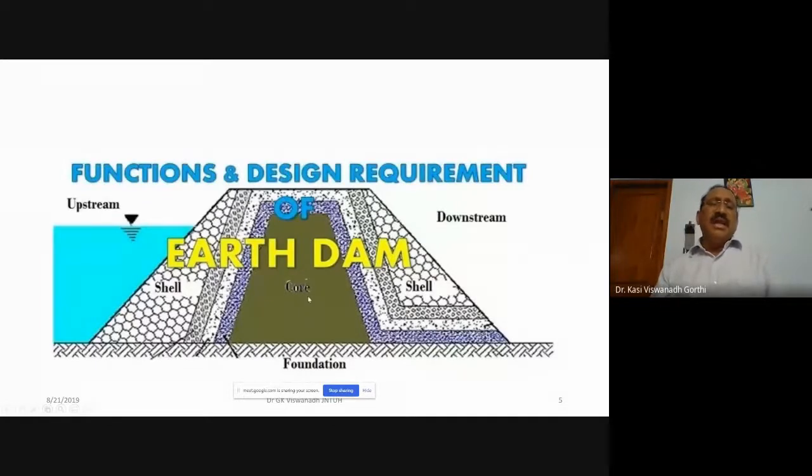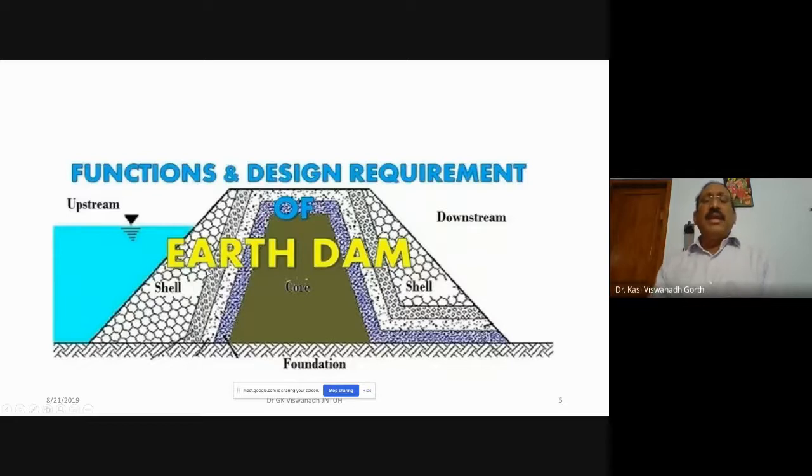The advantage with this earth dam is we will be making use of locally available earthen material. To construct a gravity dam, as we have seen in the earlier classes, we need masonry or we need concrete. The moment I say concrete, we need cement, we need sand, we need gravel. All of it is to be transported, and then skilled supervision and skilled labor are required. Those things are the main prerequisites for a gravity dam. But for the earth dam, the main requirement is locally available earthen material.